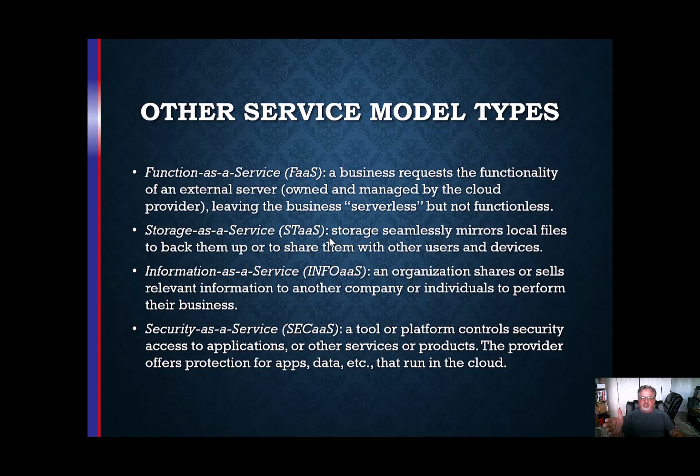An organization shares or sells relevant information to another company or individuals to perform their business. Hey, here's a copy of all my customers from last month. You do with them what you want, and I'm going to get a nice check from the cloud service provider. Of course, the cloud service provider is going to facilitate the exchange of that information, and they're going to get paid their little piece.